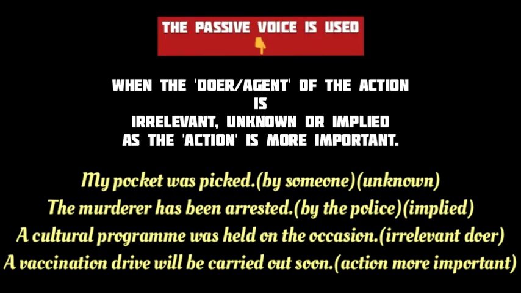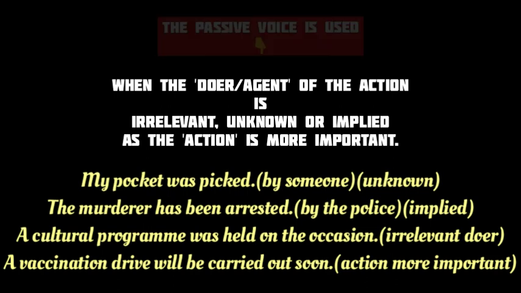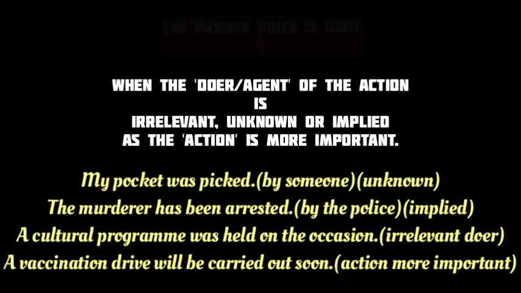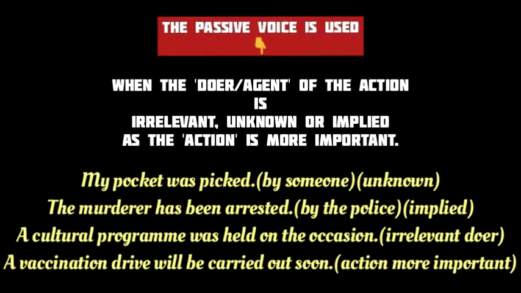In the following example, the subject of the sentence, a cultural program, is the receiver of the action, while the doer or organizer of the cultural program is irrelevant. It's not important to mention who organized the cultural program, so the sentence follows a passive construction. In the last sentence, a vaccination drive will be carried out soon. The speaker wants to give more importance to the action, a vaccination drive, than the performer, so the passive construction